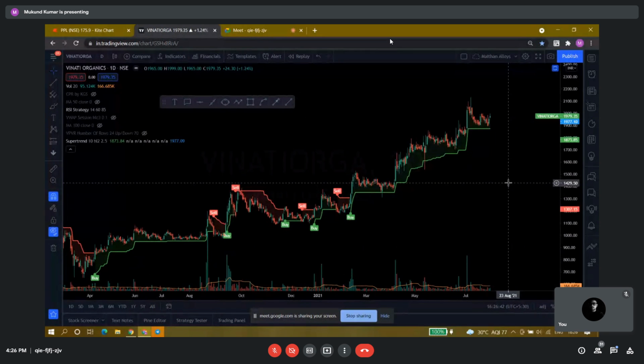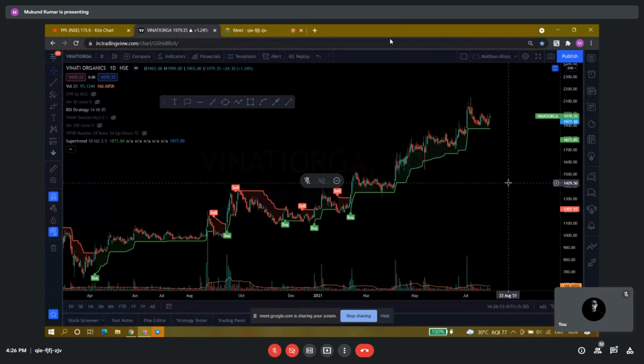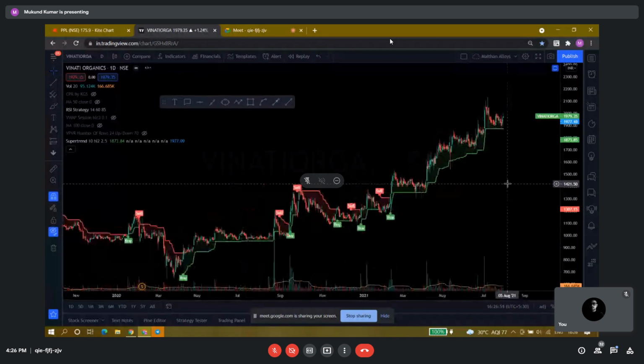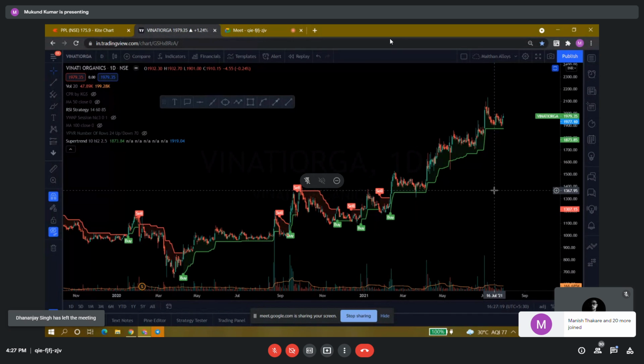Okay, maybe I ask the question in other ways. When the stock is already at the all-time high, how do you decide what should be the next consolidation level? Let us say the stock is already at all-time high, and then you say, okay, from here 50 rupees more it will give us. So how do you do that? Is there a trend analysis, or do we do, let us say in head and shoulder, we see the height of the head, and then we do the reverse? So something like this, or is this purely gut feeling, or how do you do it? Yeah. I generally follow, first of all, this risk reward ratio.